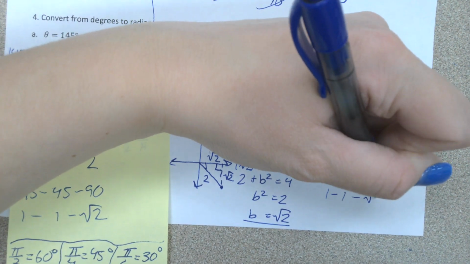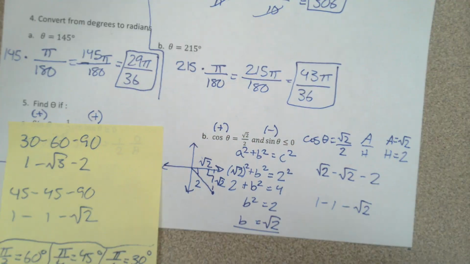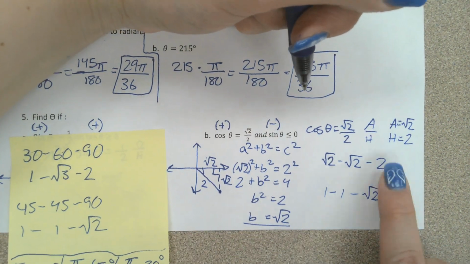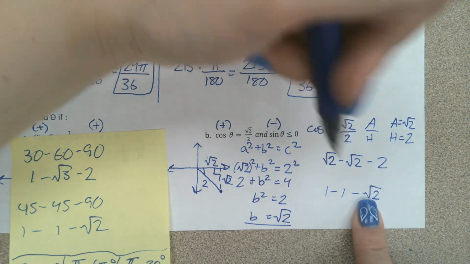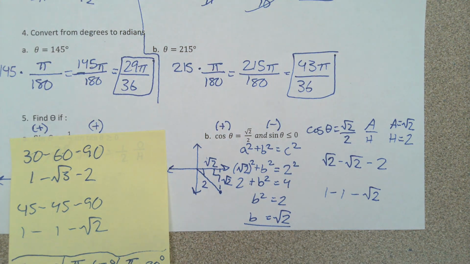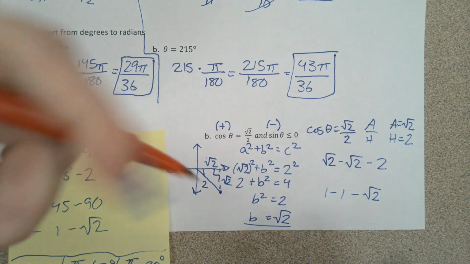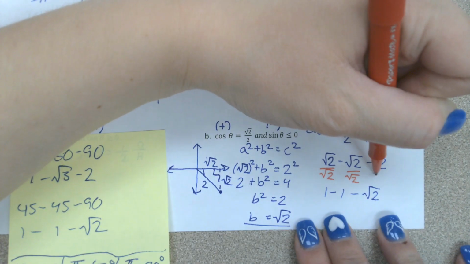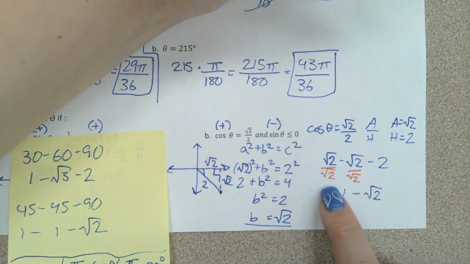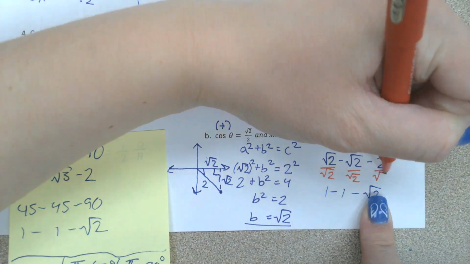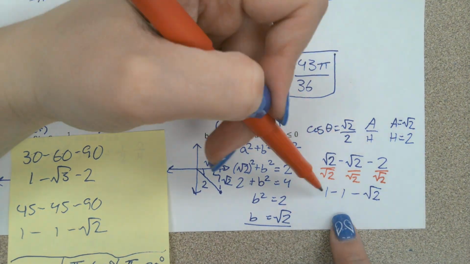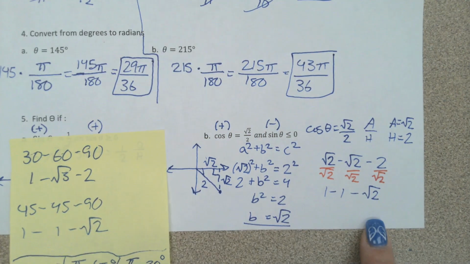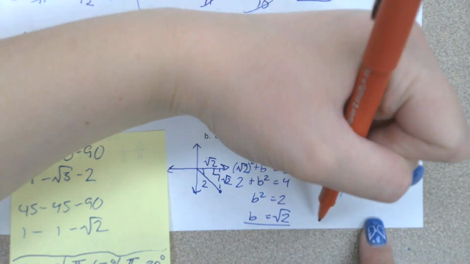1, 1, rad 2. If you're unsure, which I am personally when I'm looking at this, you can get these numbers from what I have. Let's turn these into ones. And I don't actually want to get rid of the numbers per se, so I'm just going to do this as a checking step, but I don't want to actually change them. To turn these into ones, they have to divide by rad 2. So let's divide all of these by rad 2. These both become 1. And then 2